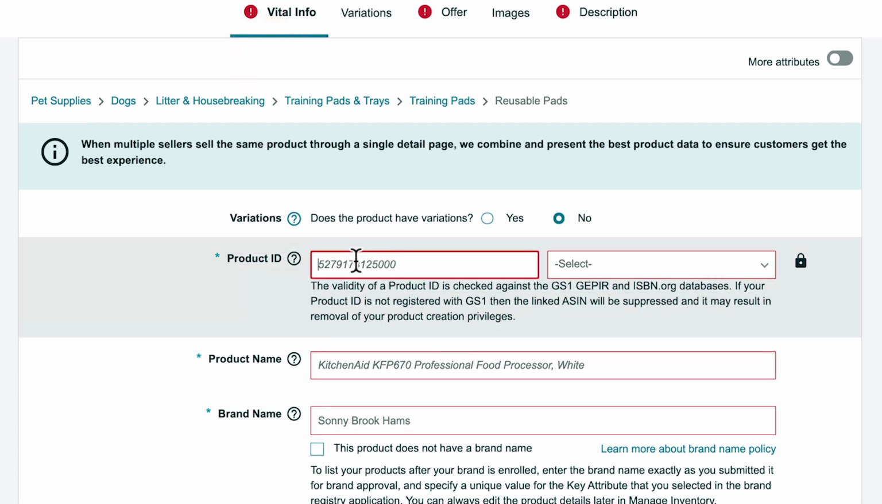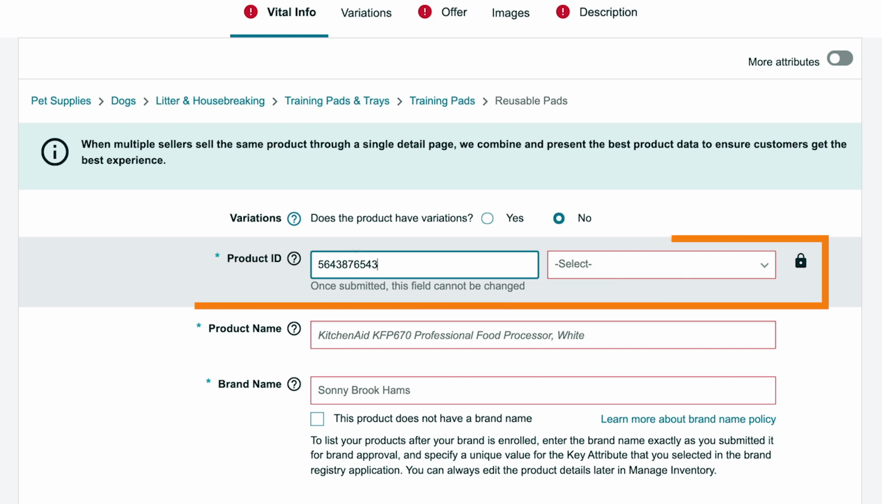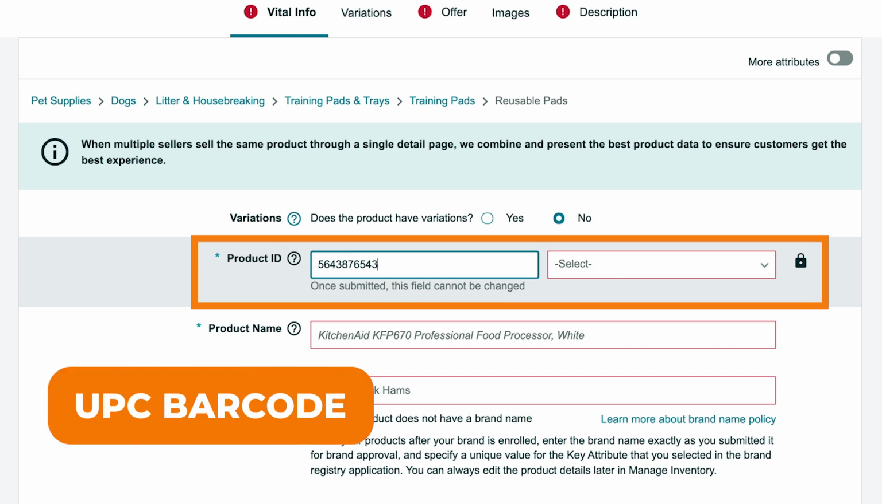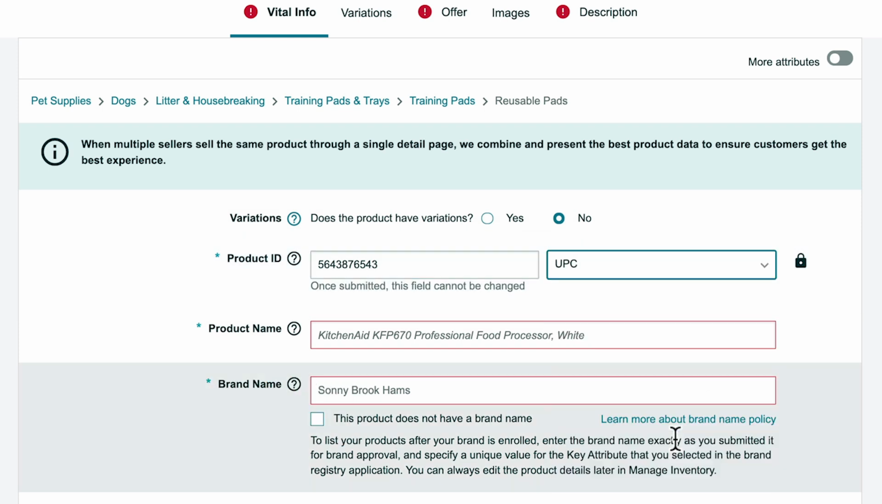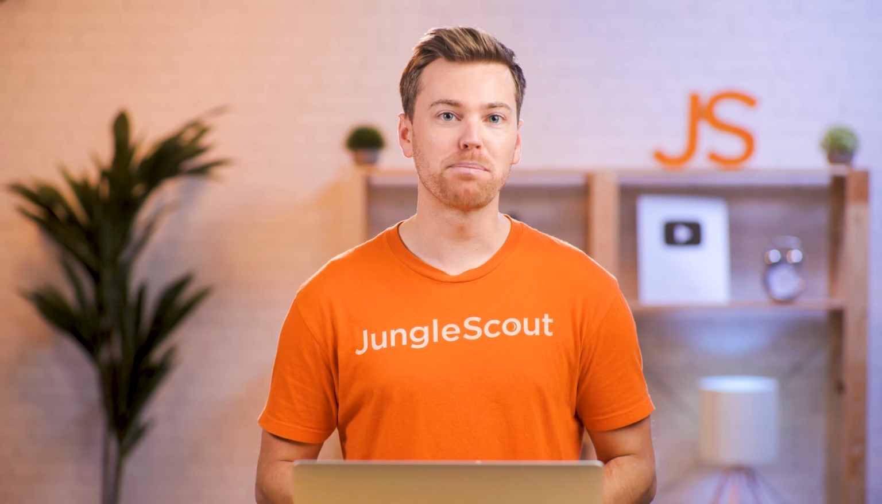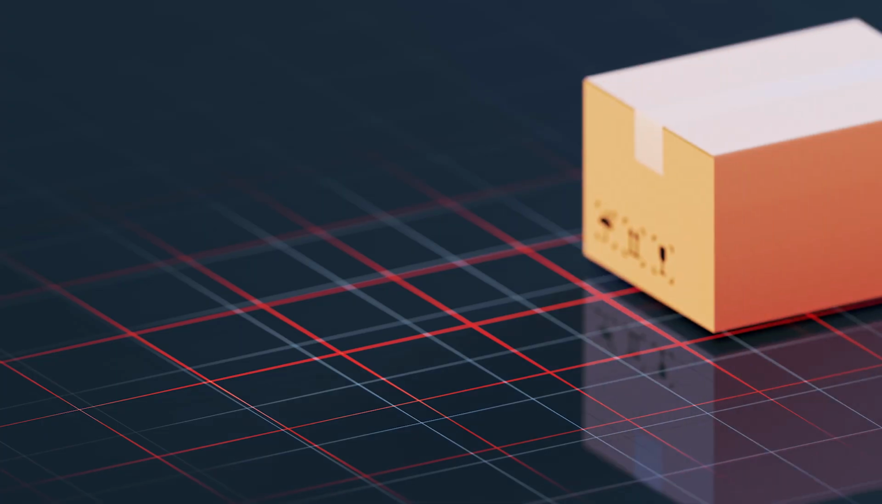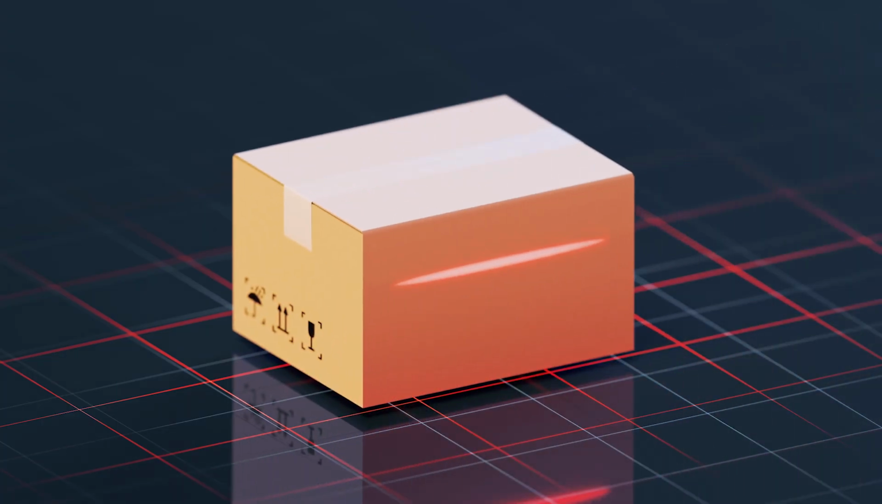Under Vital Info, enter your product ID, and in most cases, this will be your UPC barcode. If you already have your barcode, then go ahead and enter it here. Then select UPC from the drop-down menu. Now, if you haven't already purchased your UPC barcode, I'm going to walk you through a very quick step-by-step overview